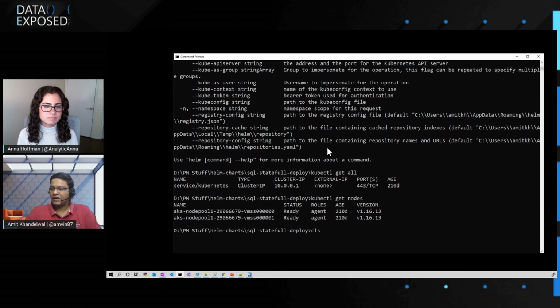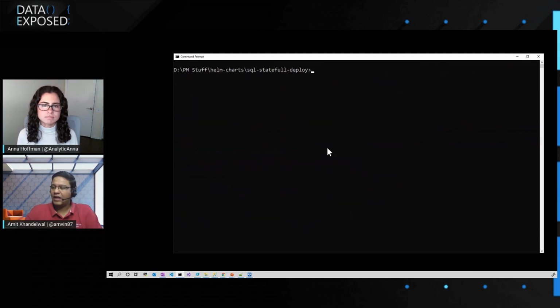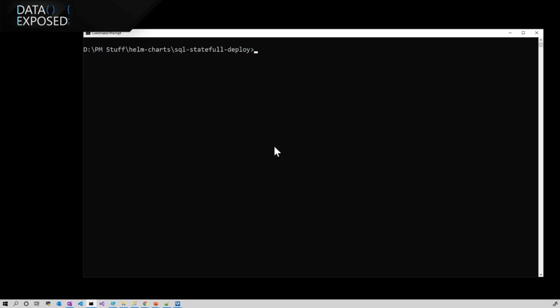So with the installation of tools done and all of that taken care of, now it's time for us to go ahead and run the Helm installation. What I'm going to do is say helm install, and then I say mssql, accept some of the parameters, and go ahead and start deploying. Now take a look at this, how simple the deployment here is.